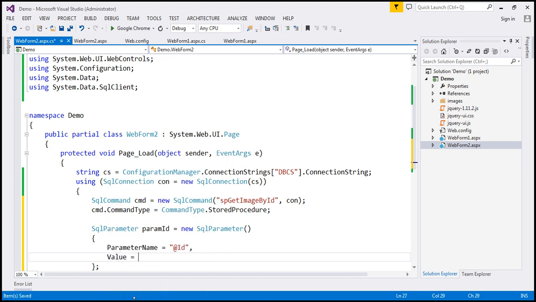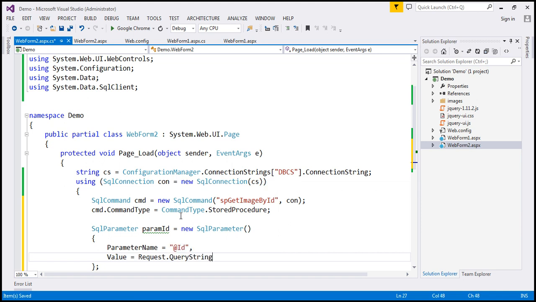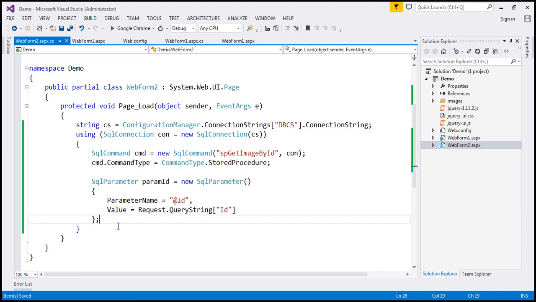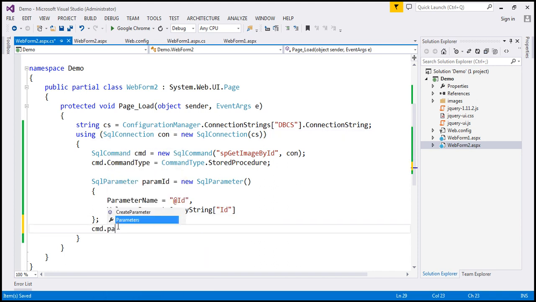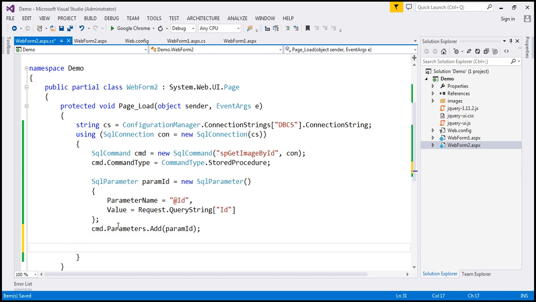It's going to come from the URL. So Request.QueryString of the name of the query string parameter is ID. So that is the value for ID parameter, and we need to associate this parameter object with the command object. So command.Parameters.Add param_id, connection.Open, and